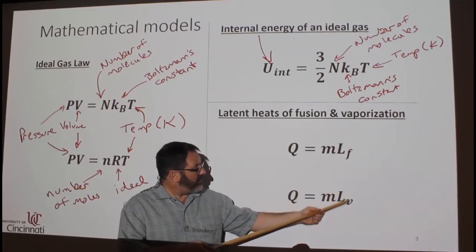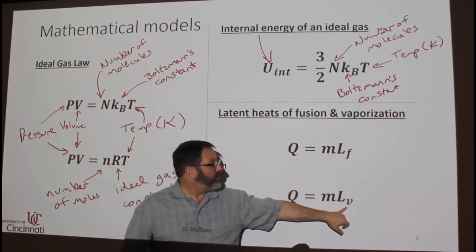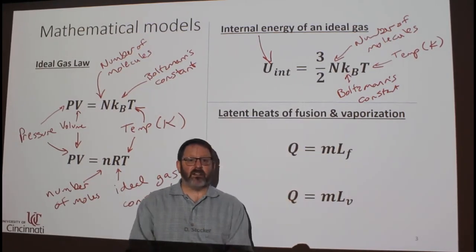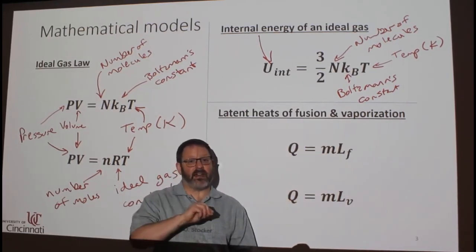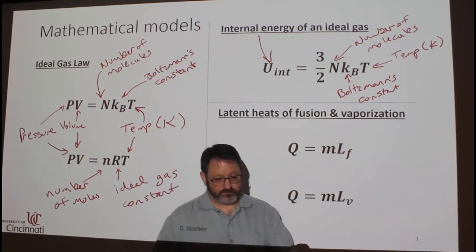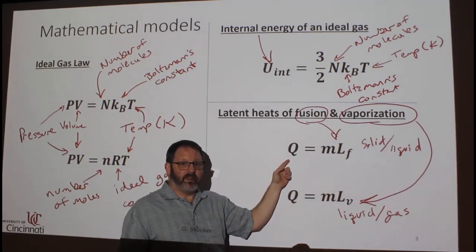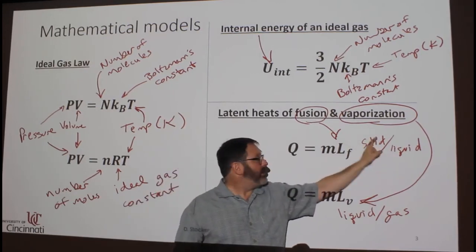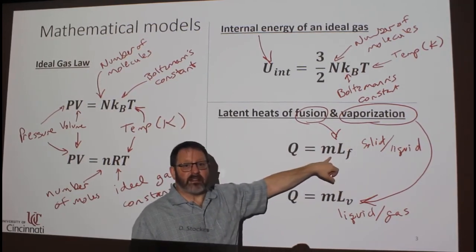The one down here, the V, this looks exactly the same except for the V. The V is vaporization, and so the vaporization, this is valid when you're going from liquid to gas or gas to liquid. So this Q is the amount of heat that's required to melt, solid-liquid transition,